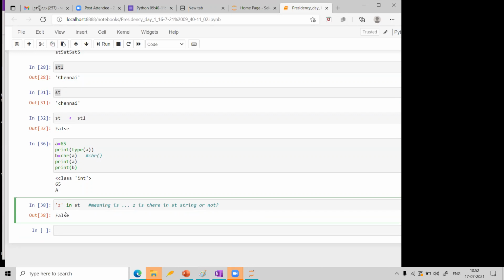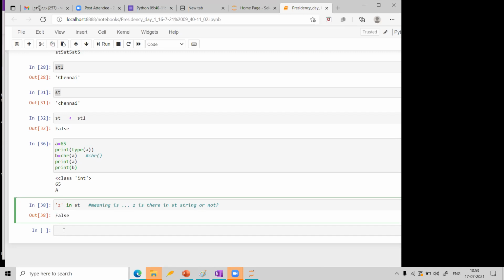See, what is the difference between character and string? Can someone tell me? Character means a single thing. String means it can be single or it can be more also.